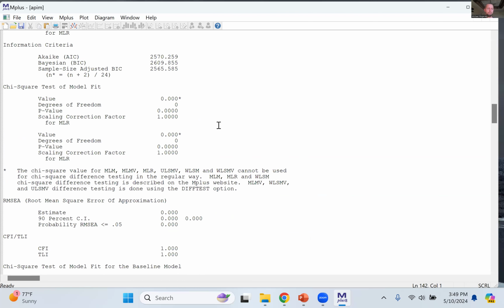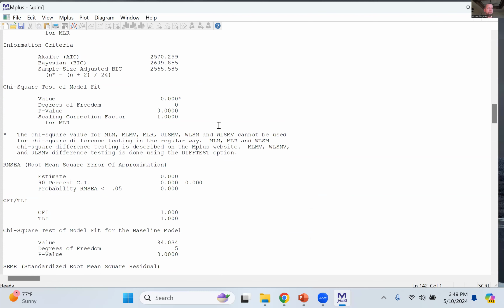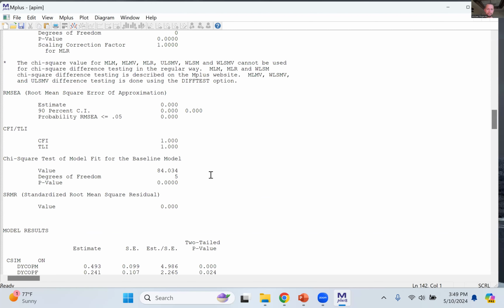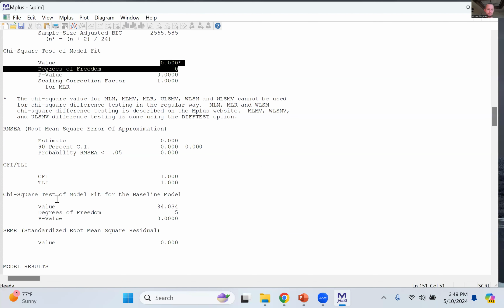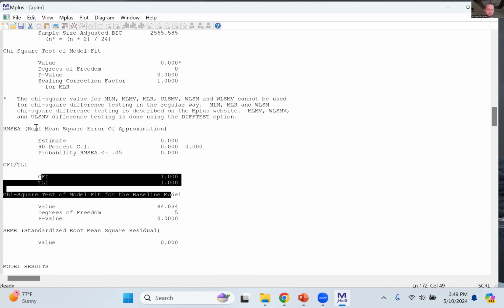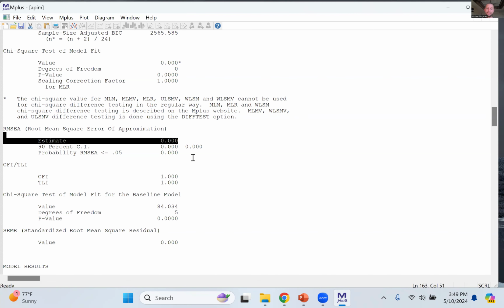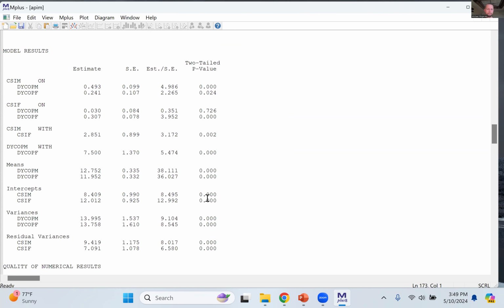Again, we have no degrees of freedom, which essentially means we are estimating all of the parameters that we possibly can within this model. Okay, if you remove a pathway, for example, then you'll get a degree of freedom. But our model is saturated, so this will always be 0, these will always be 1, and this will always be 0 as well. All right, and so model data fit isn't